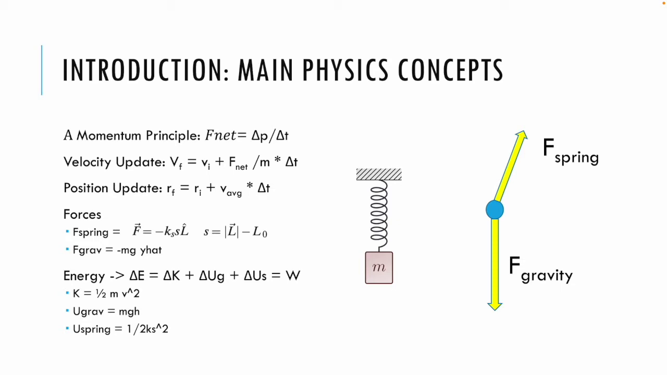the object's motion. So for forces, there are two forces acting on our object in this lab. First is the force of the spring. We can see that it is proportional to the spring constant k, as well as the amount that the spring is compressed or stretched, which is that s value. Another force is the force of gravity, which is magnitude mg in the negative y hat direction, close to Earth's